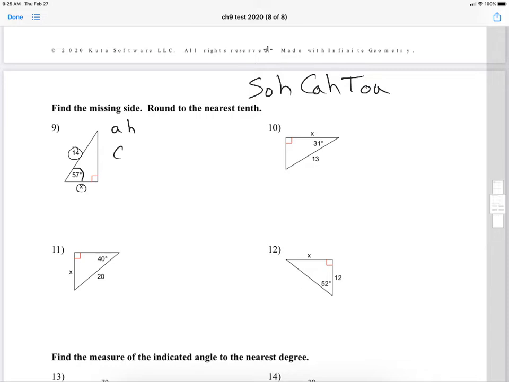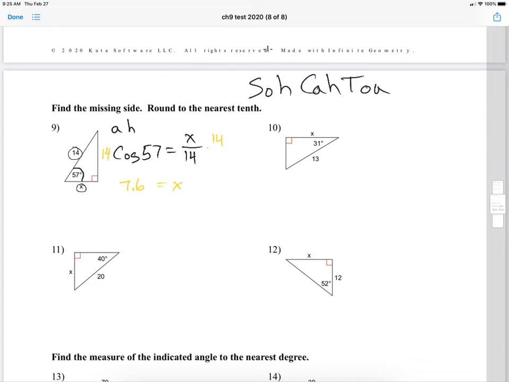In this case, we're going to use the cosine of 57 degrees is equal to the adjacent leg x over the hypotenuse. So now what do you do? You have to multiply by the 14 on both sides. You use your calculator, and you take 14 times the cosine of 57, and you've got to make sure you are in degree mode, and then hit equals. And so that means that x is equal to